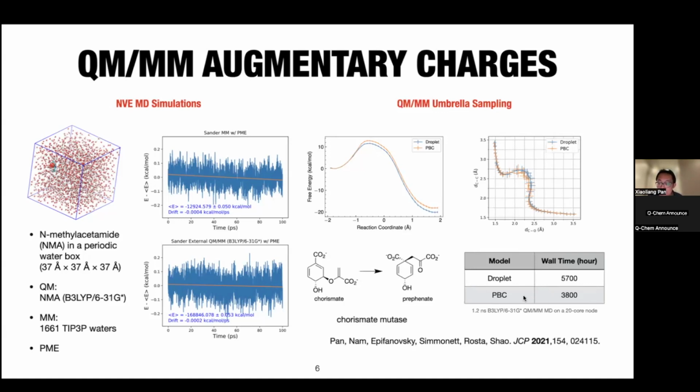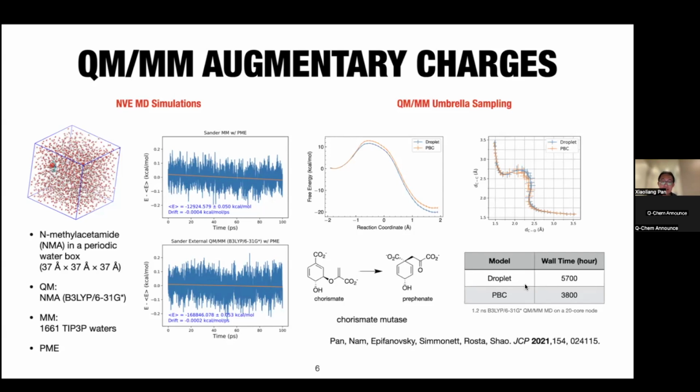And also the timing, even though we have captured the long range, including other periodic boxes, they actually are more efficient than the droplet model. The reason is when we do this cutoff, this near-field, far-field division, after we do that, for the QM calculations, it only sees the charges in the near field. So for example, in this case, we use QChem to do this